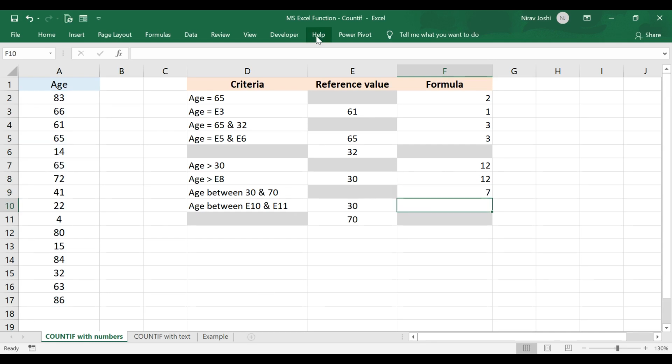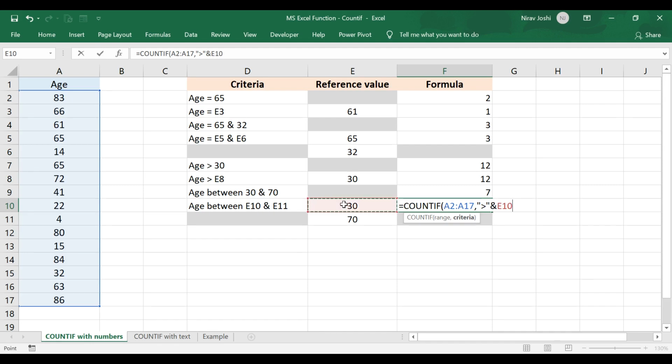Next, if we want to calculate the number of cells in that range by using cell referencing, we can do the same as we have already done by using the operator ampersand. For that, we will type COUNTIF, select the range, comma, double inverted comma, greater than, use the operator ampersand and select the cell reference.